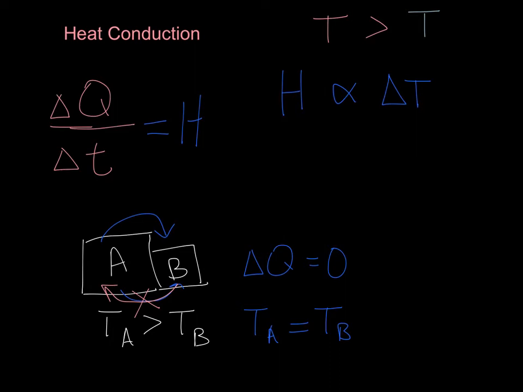Now I purposely drew the block B smaller than block A. Would it make a difference if block B was this big and they were touching all along the edge of block A, instead of, I'm going to do this in white here, just this little region over here? Would more heat, random energy, be able to transfer from A to B if B was the green block versus the white block? You can pause the video and think about that for a sec.